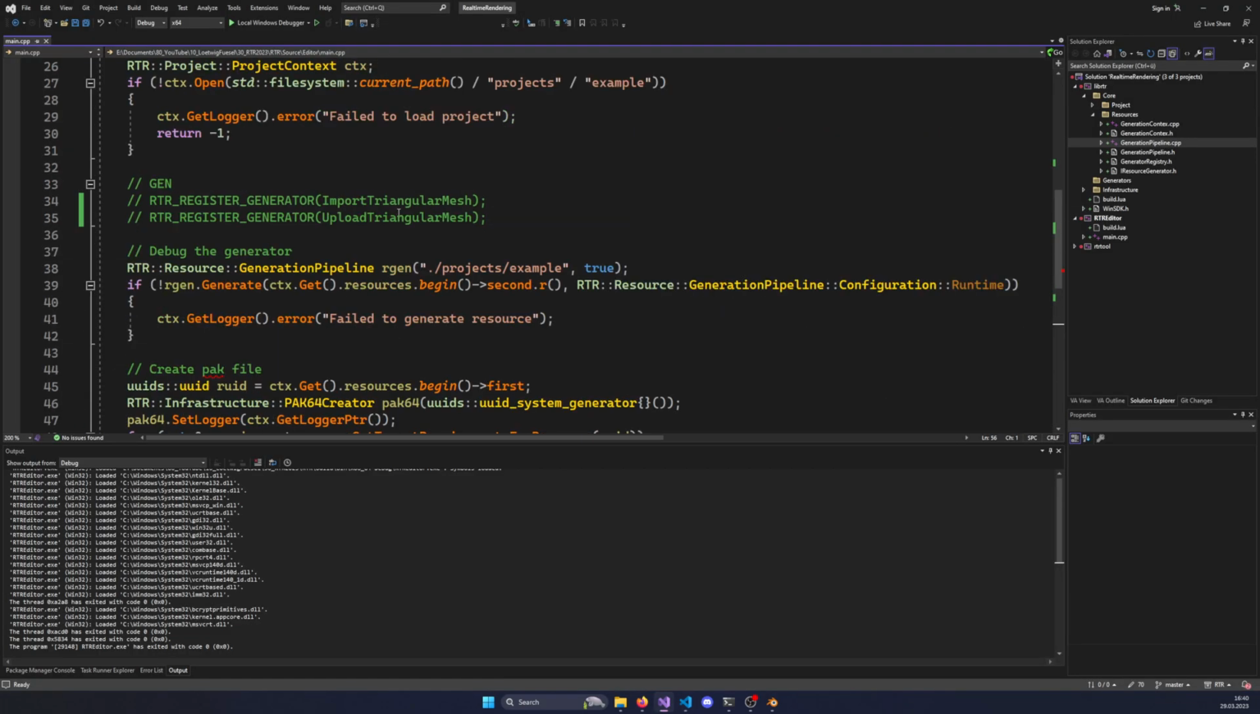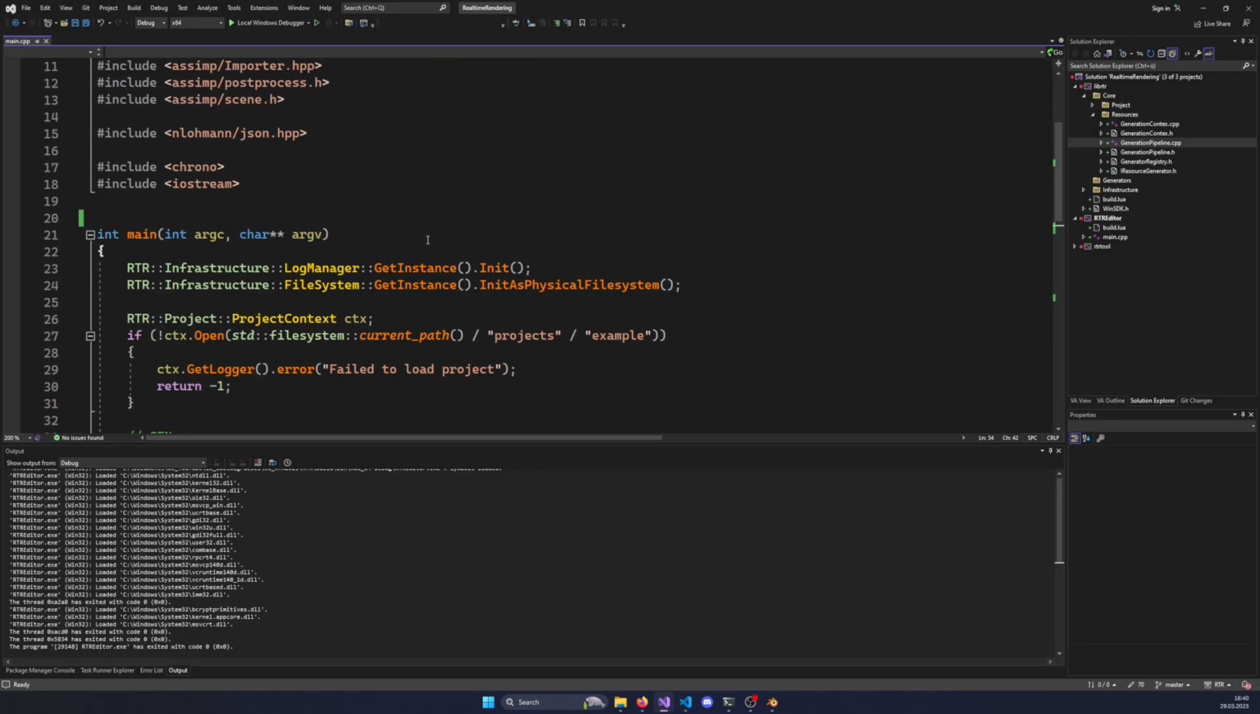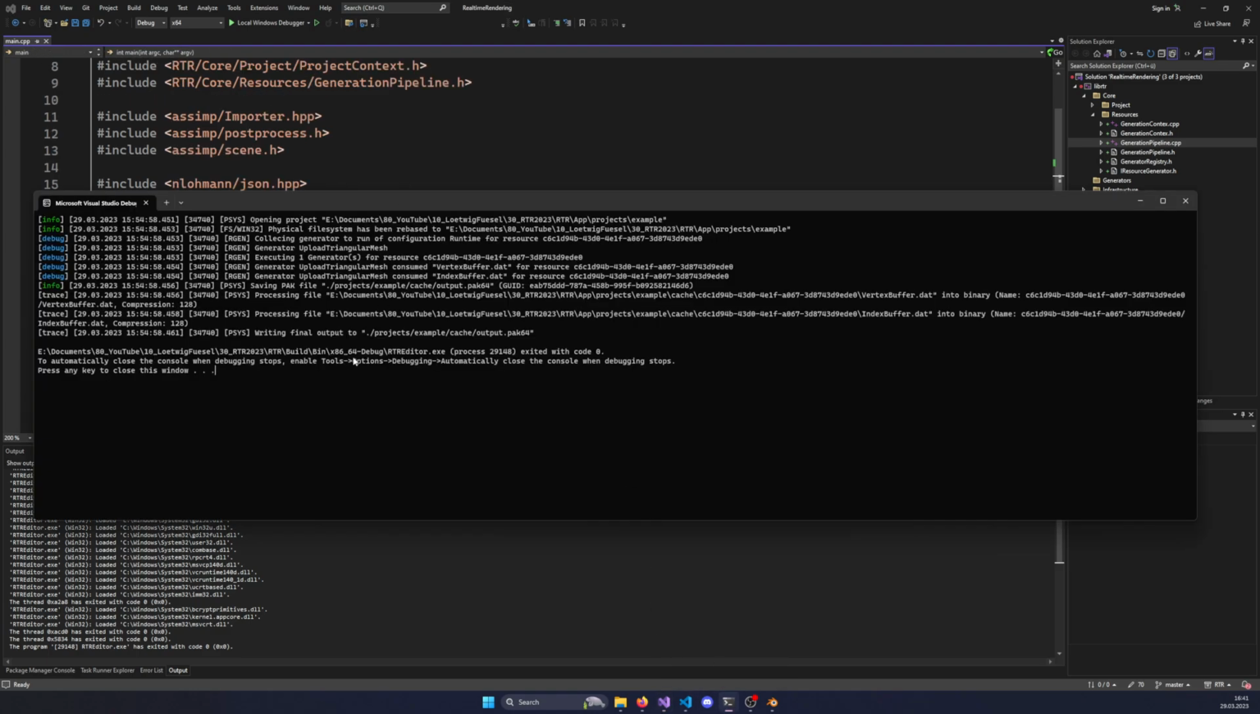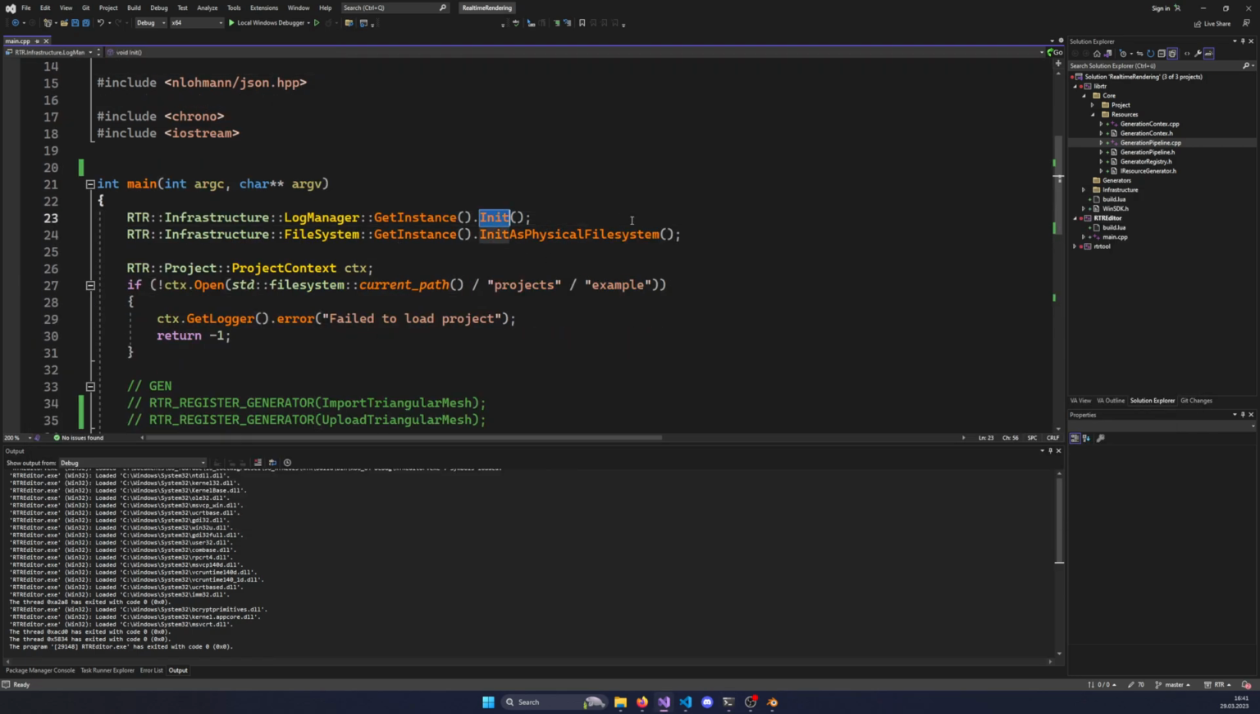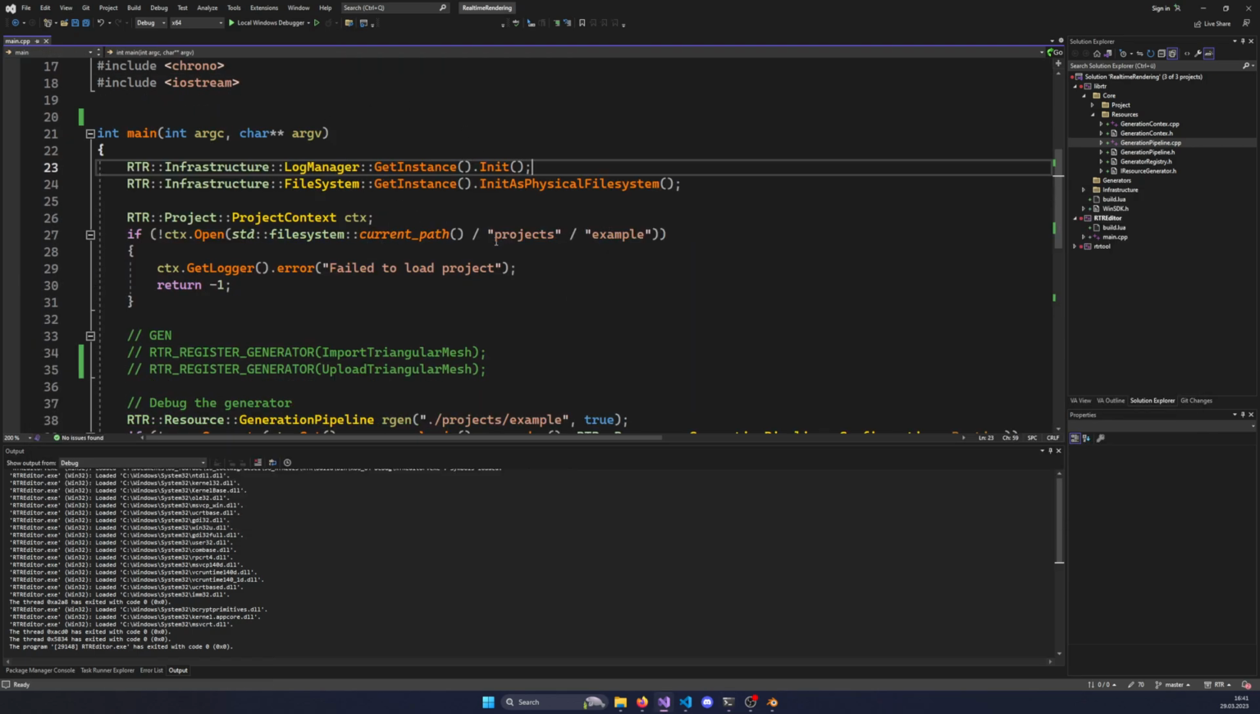All right, so now we are in Visual Studio, and I want to quickly walk you through what has changed in the main file. The main file now has two calls on initializing the system. First of all, the log manager, which is just responsible for producing nice SPD log output, managing loggers, managing syncs and stuff. That needs to be initialized. And then what we also need to initialize is the file system. In this case, I'm initializing this as a physical file system since we also want to support shipping. There is, of course, also an init as virtual file system, which would need a path to a